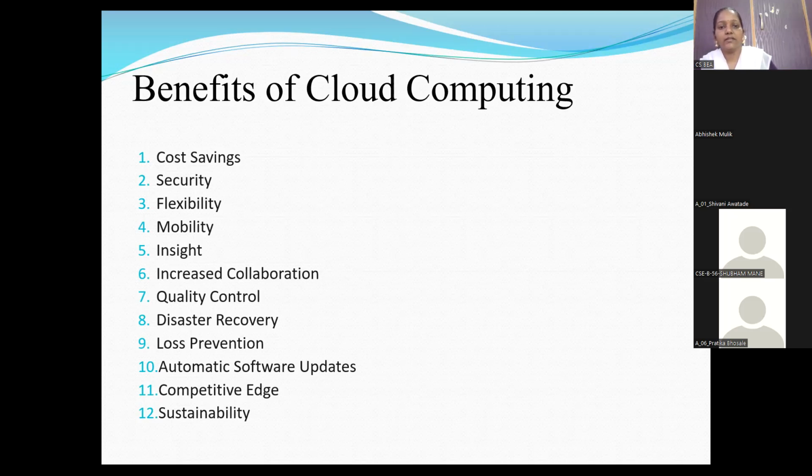Then disaster recovery. So here it is one of the factors that contributes to the success of business, that is by controlling your data. So unfortunately, if any of the servers gets any kind of a problem, and your data is lost from one of the servers or one of the machines, you can get access to the data from another.